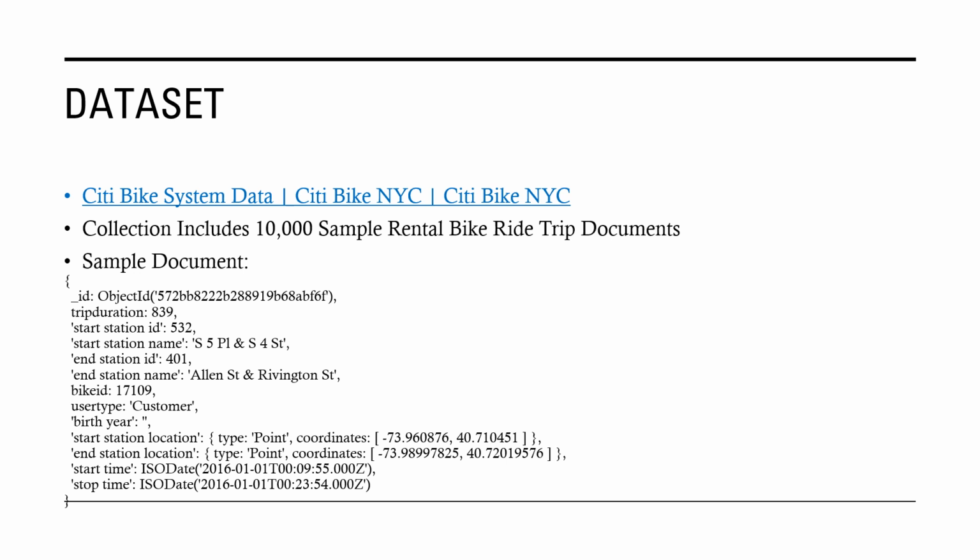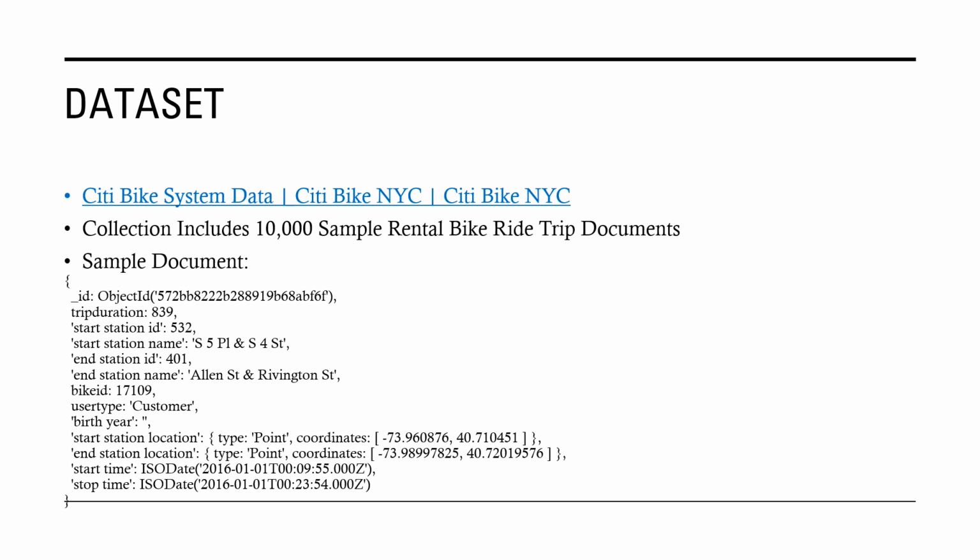The City Bike System dataset is a collection of 10,000 rental bike trips. As it details bike ride history, it mainly supports analytics use cases, which was the main focus of the queries for this project. From the sample document shown here, you can see the collection includes basic information about a rental